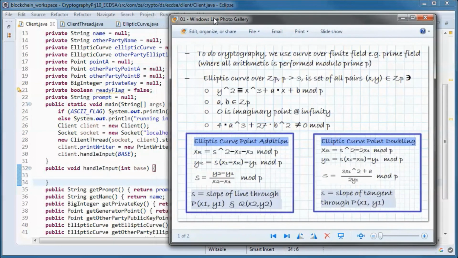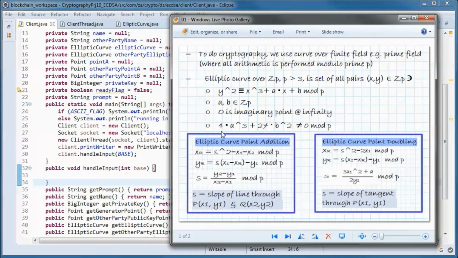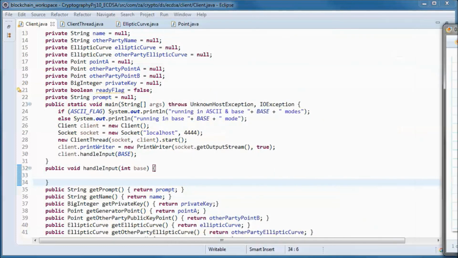Now we want to make sure that the elliptic curve entered by the user is not singular, so it satisfies this expression: 4a cubed plus 27b squared is different than 0 in mod p.